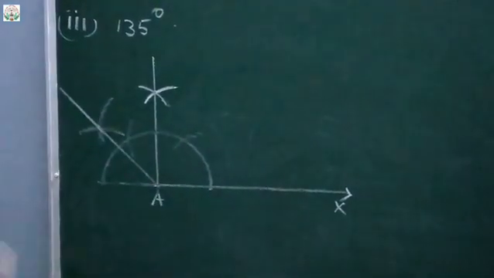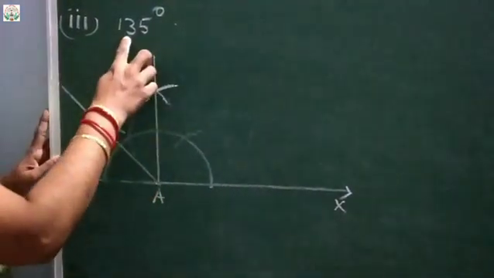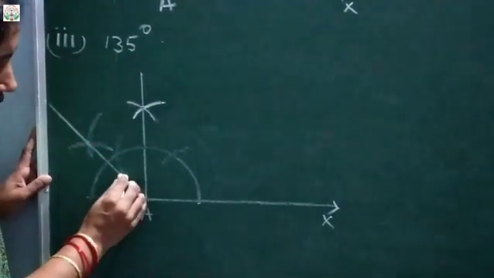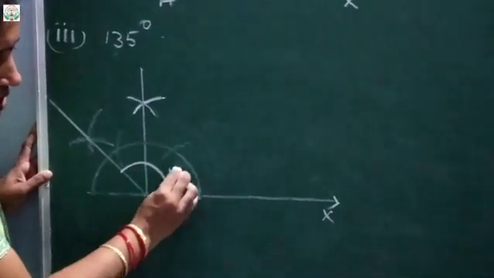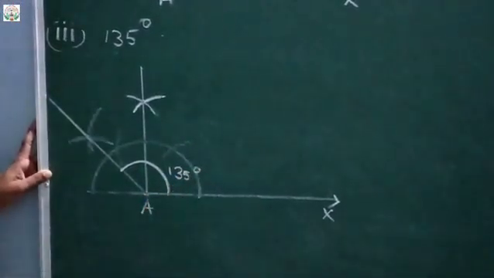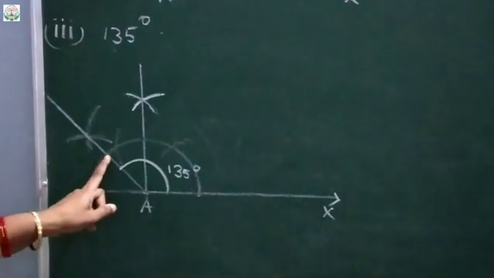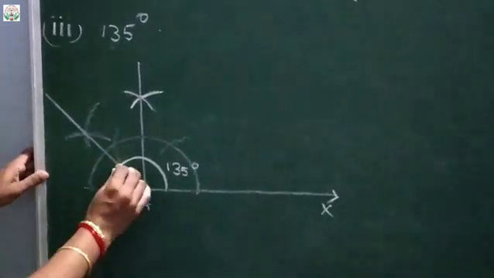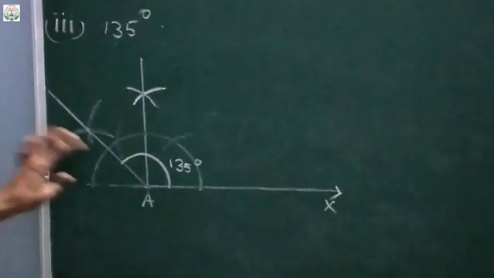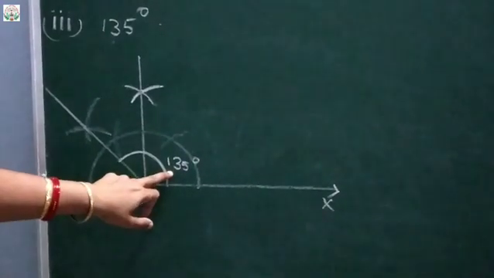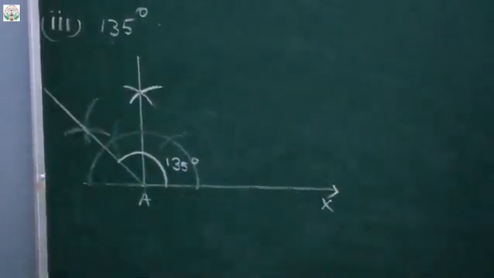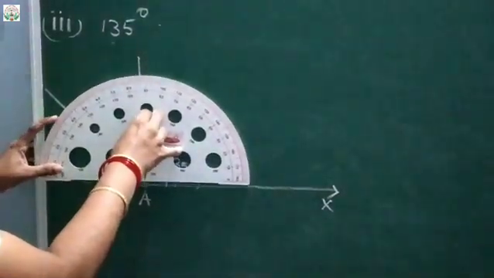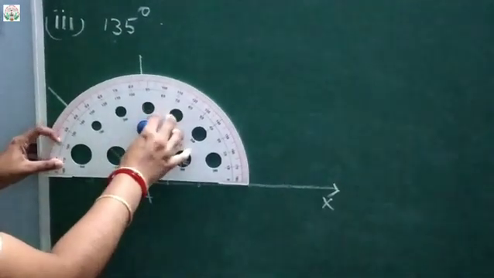Now this angle, as we know, 135 is also an obtuse angle, which means more than 90. So make a semicircle likewise and write here 135 degree. From the point where the 135 line touches the semicircle to the 0 degree, what we are getting is 135. Now with the protractor we will show whether the construction is done or not. So at the initial point A, keep it likewise. Exactly, we'll see.